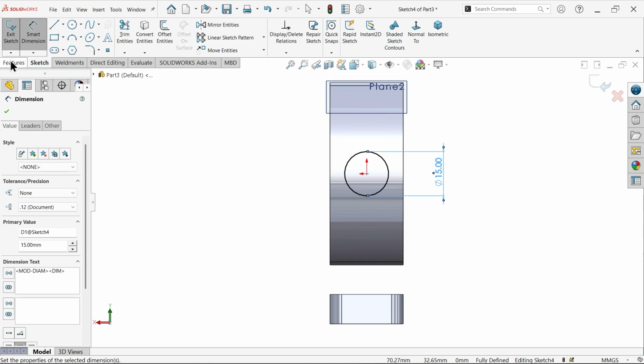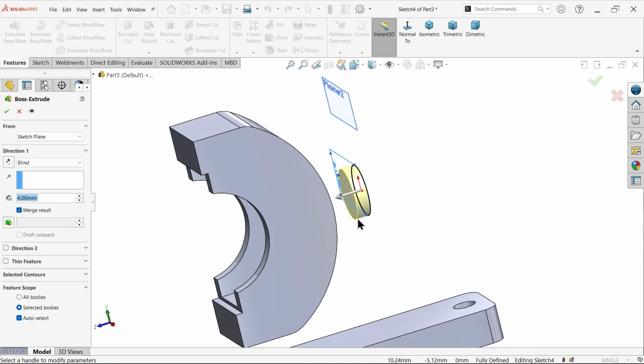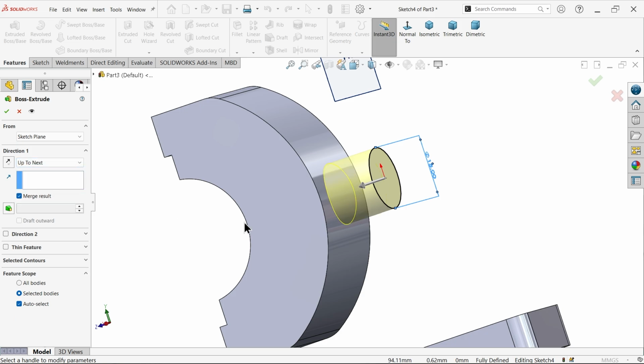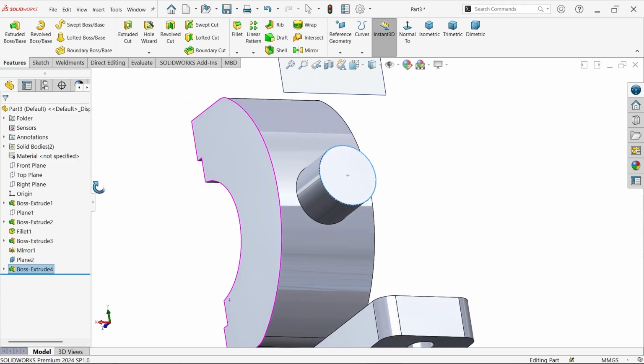15. Extruded boss base. Now here I want to add material up to this circular face. So simply in direction 1 select up to next. See, it took this shape. Say okay. See,